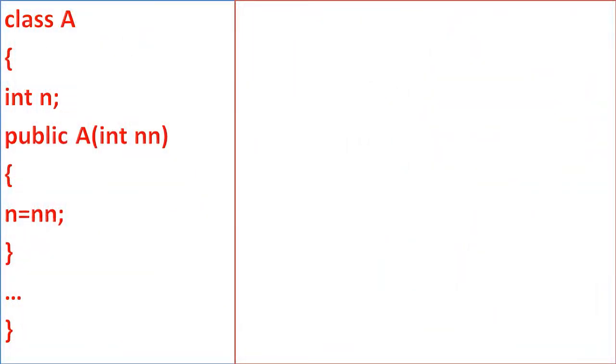We will see one example here. Here you can see one class A is there, with one instance variable n, and the parameterized constructor is initializing this instance variable n with the value nn. Now class B we are going to define, which extends A, that means class B is the derived class and class A is the base class. Class B is also having its own instance variable, that is double a. So while we define the constructor for class B, we need a total of two parameters, one for integer n and one for double a.